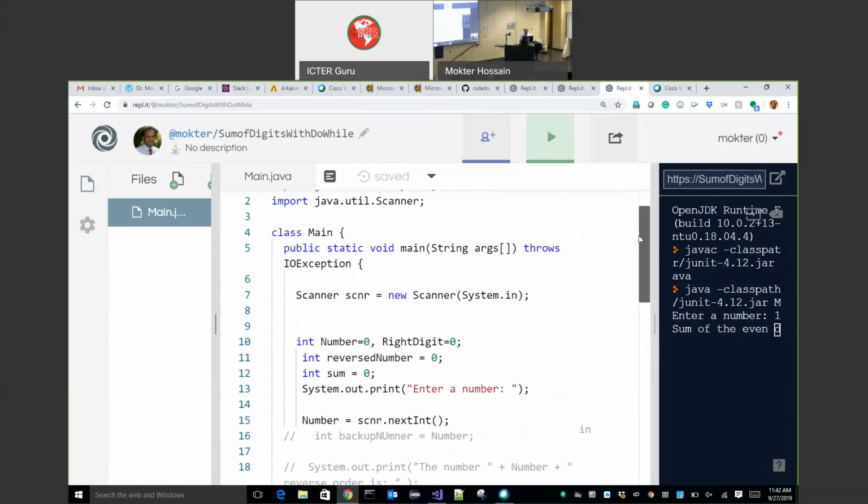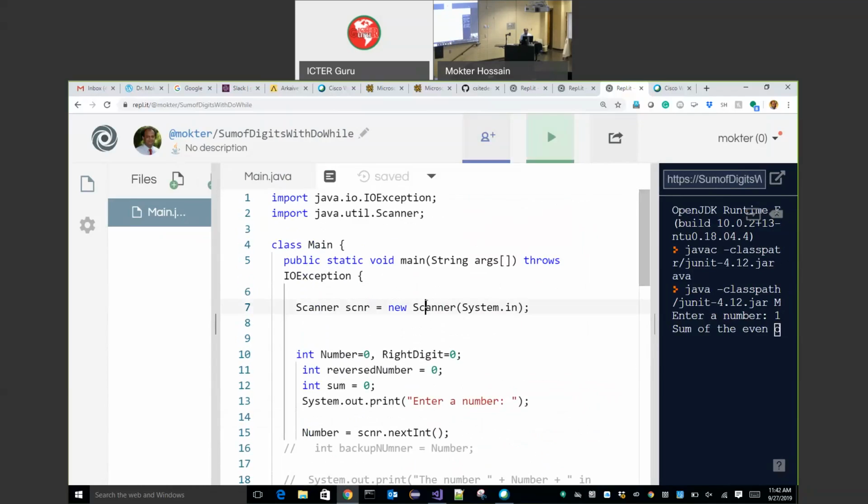For instance, I wanted you to memorize this code, how to use Scanner. To input this line, this line, this line. In order to take keyboard input, I need to use the Scanner class, and in order to use it, we need to import the java.util.Scanner class.